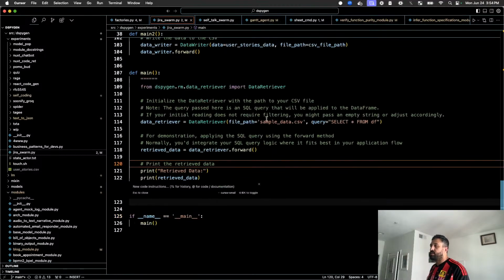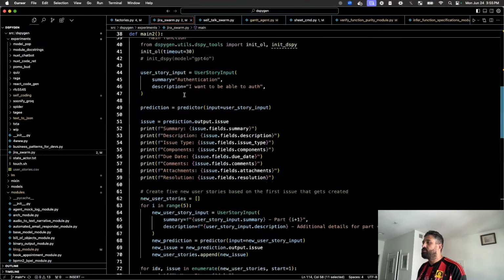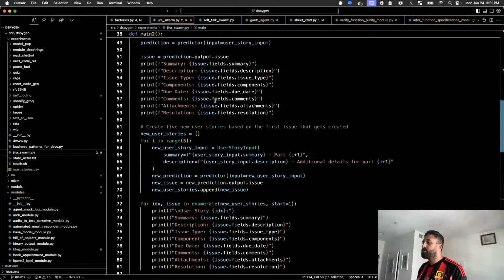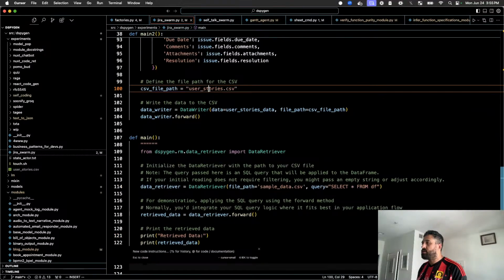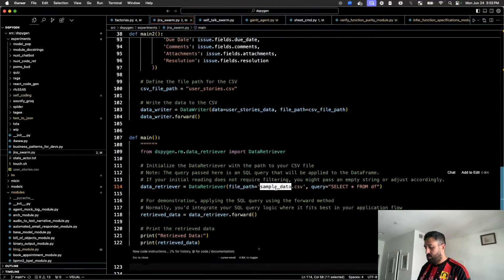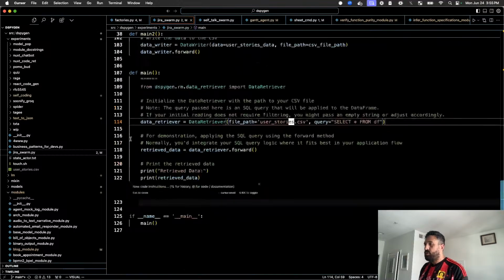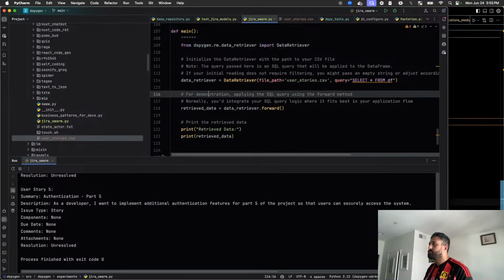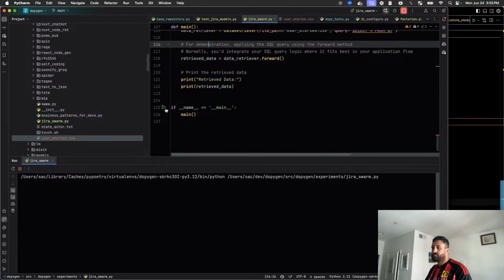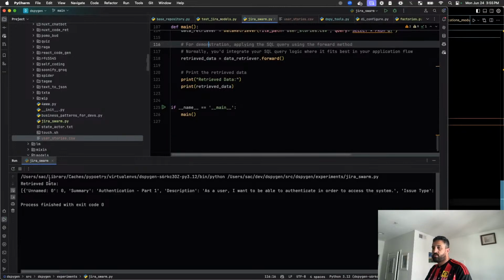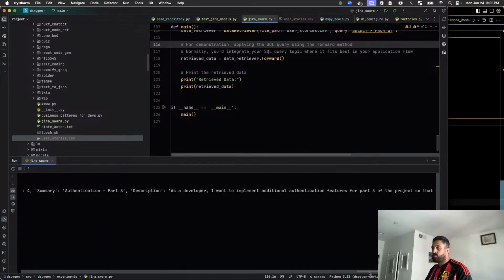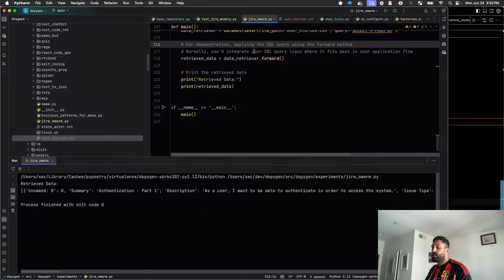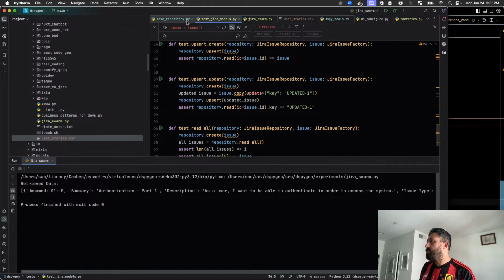We're learning, right? We're learning because it's free and fast. So we're just learning how it works. So we got userstories.csv. We can print. Retrieve data. There we go. Got nan, which is fine. But yeah, so now we got the first field, which is